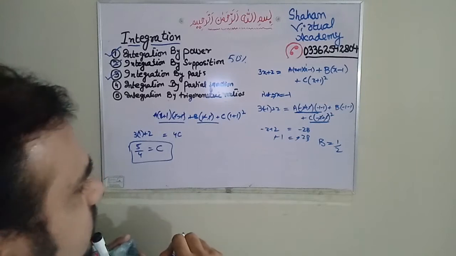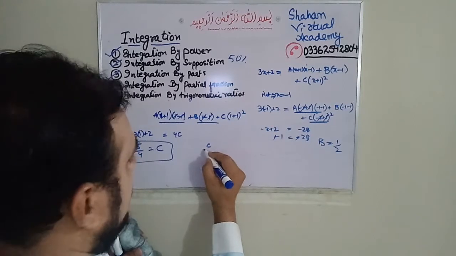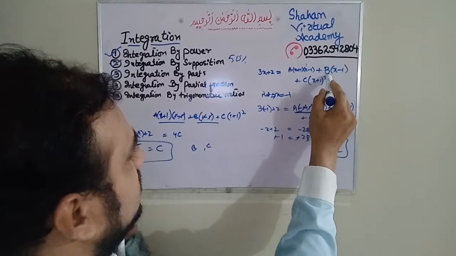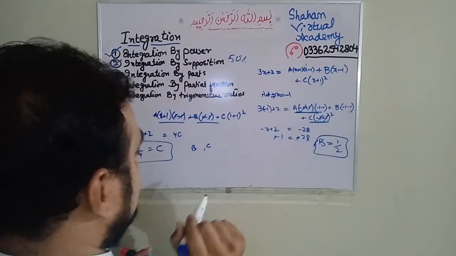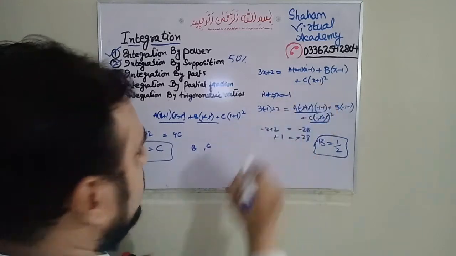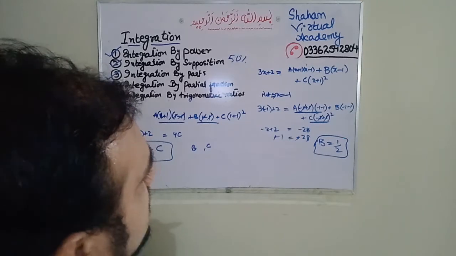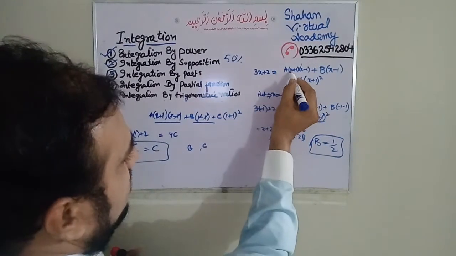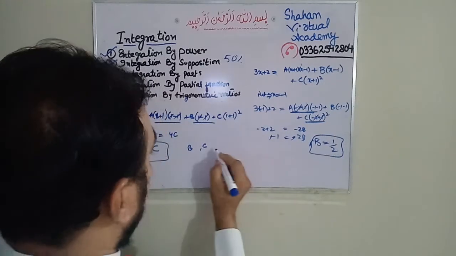And same, when we put the values of b and c in this with the value of x, we find the value of c. How will we find the value of a? Let's suppose we put the value of x as 0. So when we put the value 0, with b and c,